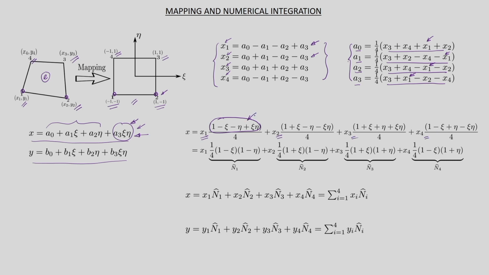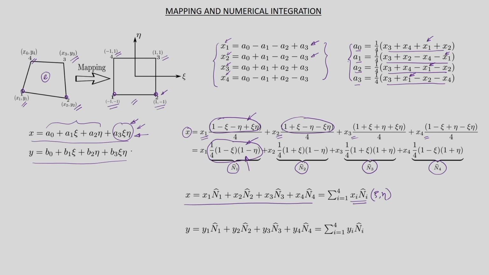Now, if you look at these functions, these are basically the hat functions or the shape functions in the master element. So, this corresponds to N1, this corresponds to N2, the third term corresponds to N3 and N4. So, this relation now has been written as x1 N1 plus x2 N2 plus x3 N3 plus x4 N4. So, we have written it as a sum over i of xi Ni. Now, this Ni is basically a function of xi and eta, because these are the shape functions that we have determined in the earlier slides.